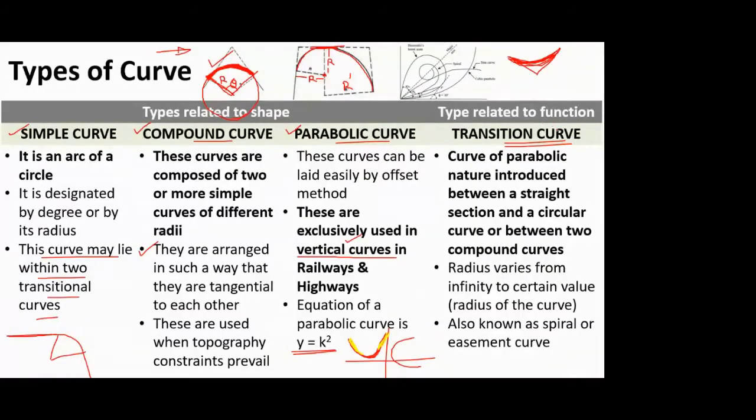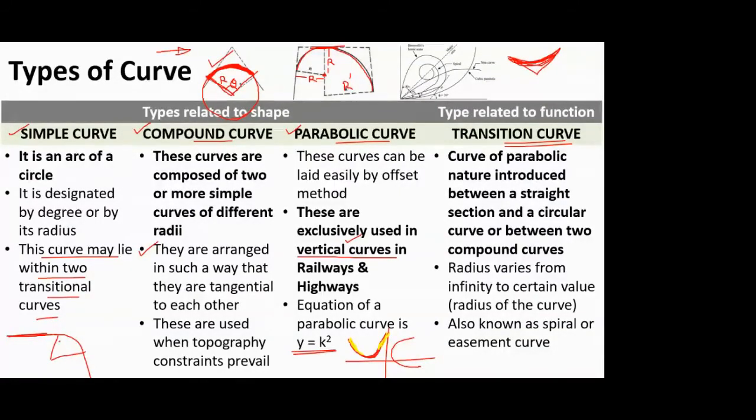So what's the use of this transition curve is, whenever you are going from a straight track to a curved track, it will help in transitioning the railway, as in when you are going on a curved track or taking a turn, there is introduction of your centrifugal force. The centripetal force comes into picture, then there is super elevation.